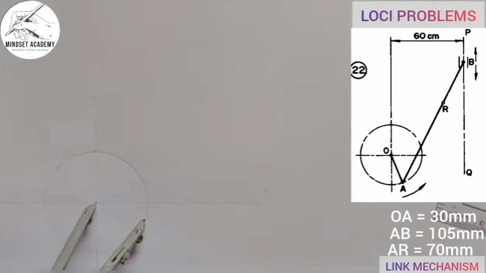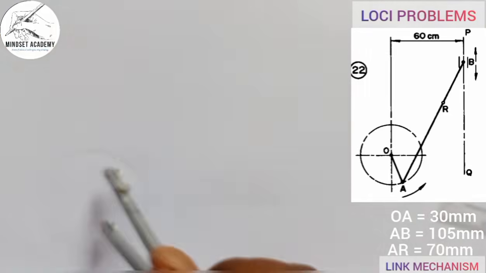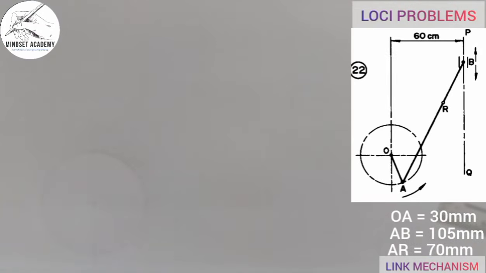It should be very visible. So that is the crank that we're seeing there. And we're told also this is OA, right? So, and with what is A, where A is represented, I'm going to divide this circle into